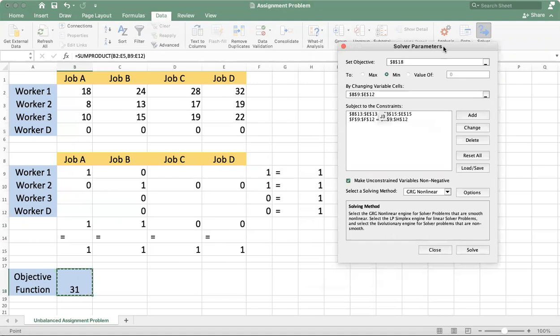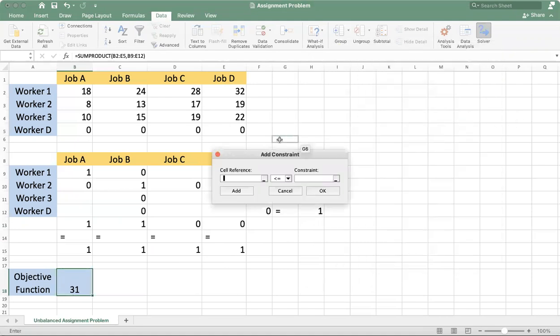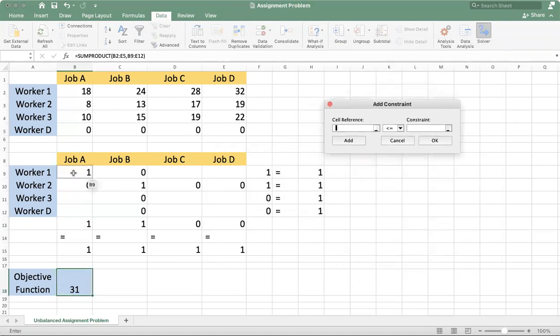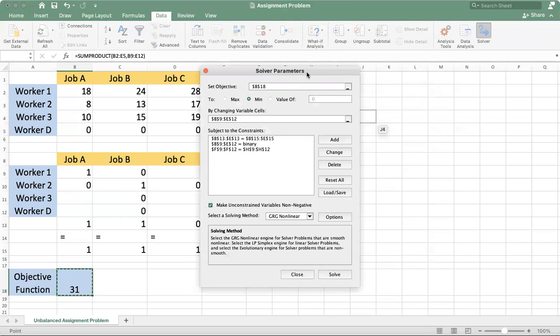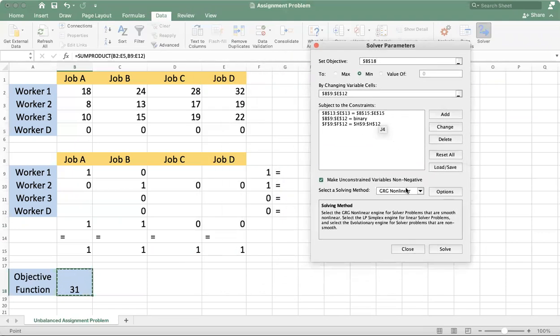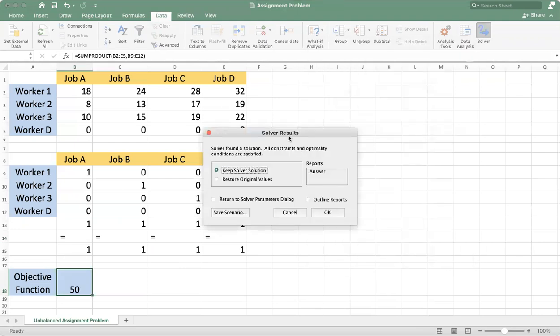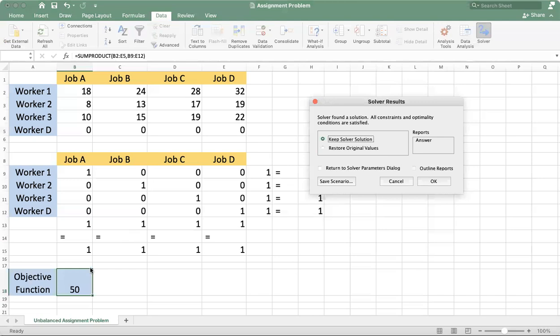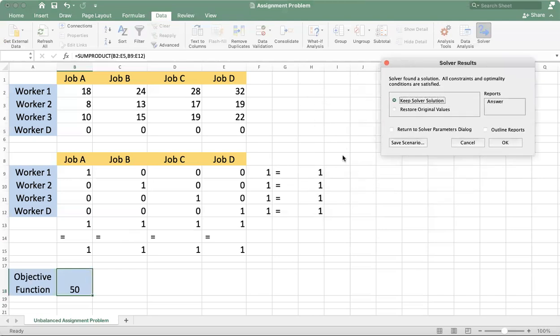And as I told you earlier, in an assignment problem all these decision variables will vary between 0 and 1 and shouldn't be fractional, so we choose binary for these. Here we make unconstrained variables non-negative, choose Simplex LP, and press Solve. You can see we have got the answer 50. I hope it is clear to everyone.